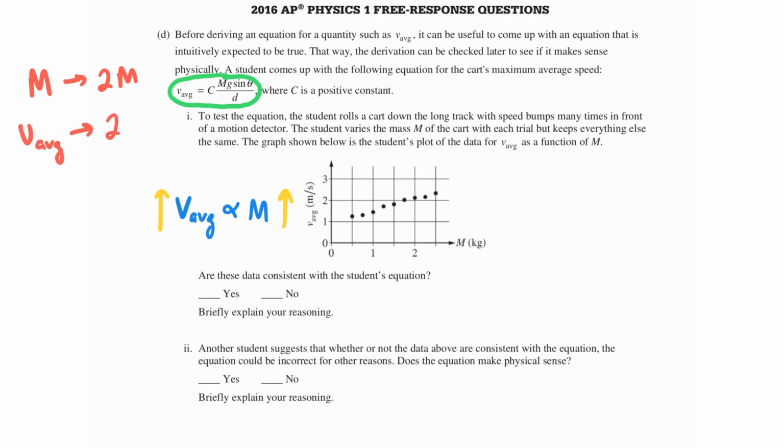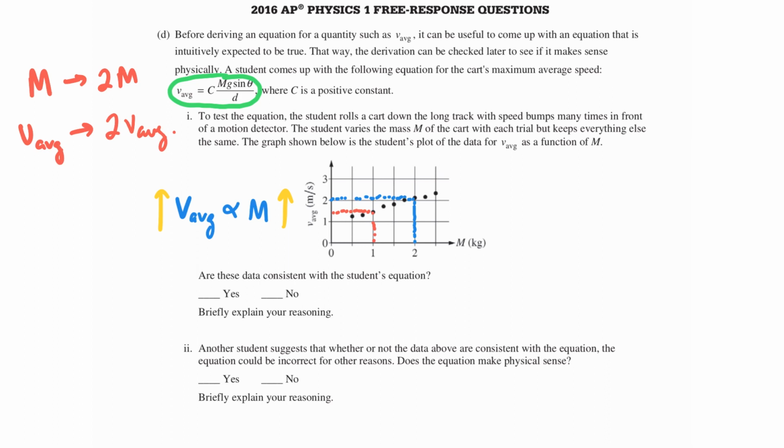If you just look at the equation, if everything else stays the same, then we should expect that the average velocity doubles. But when I look at the graph and I go from the place where the mass was equal to 1, that's where the average velocity was equal to about 1.5. And then if I go to the place where the mass is equal to 2, I find that, maybe it's a little bit north of 2 meters per second for the average velocity,